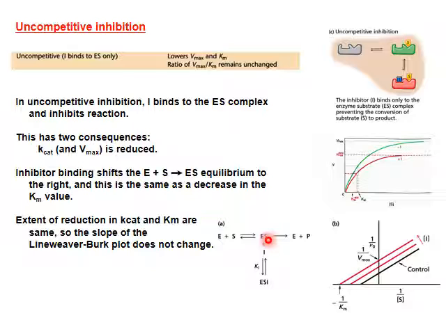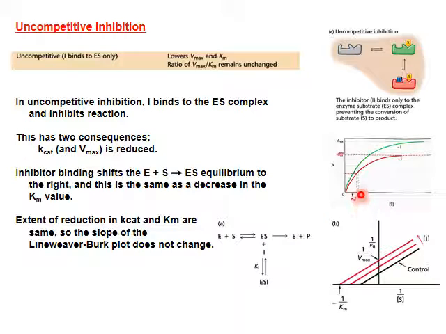The ability for E to bind S has improved with the inhibitor, but that's just an artifact, because it's not meaning we're getting more ES formed. It's just that more ES is required because I binds to ES, and so you have to reassociate E and S to replenish that, and so it's an artifactual